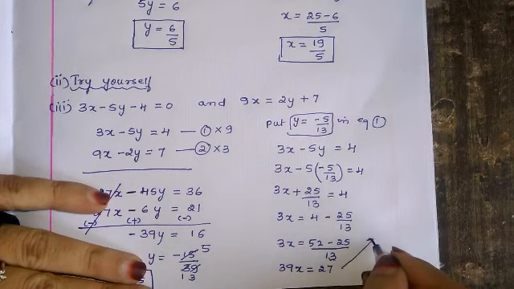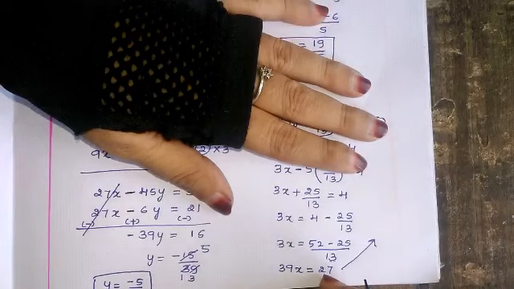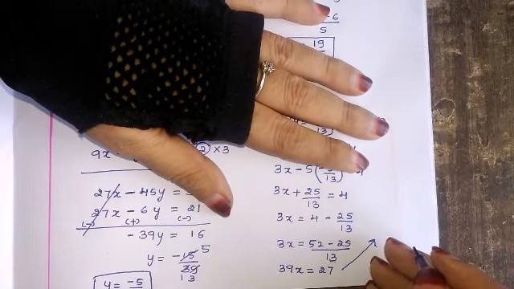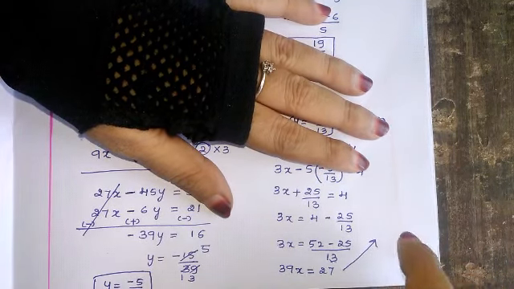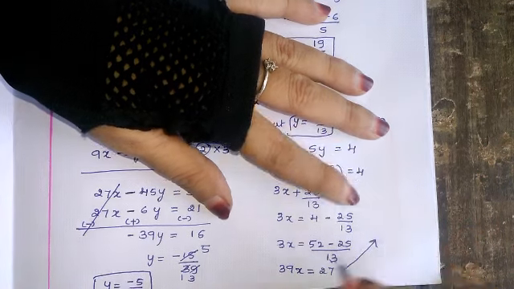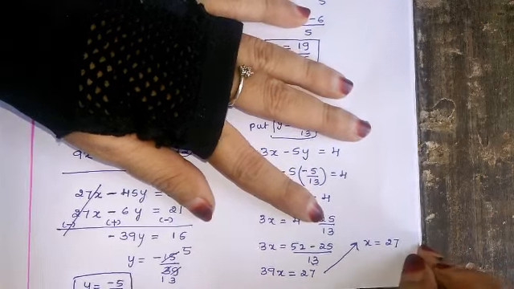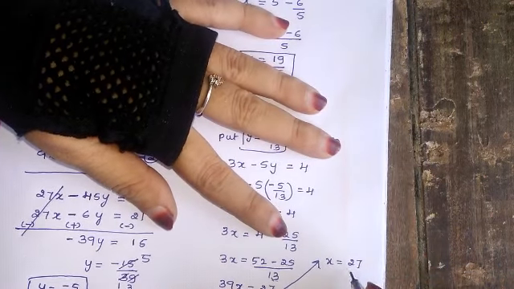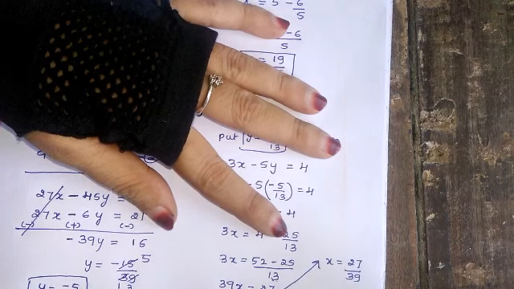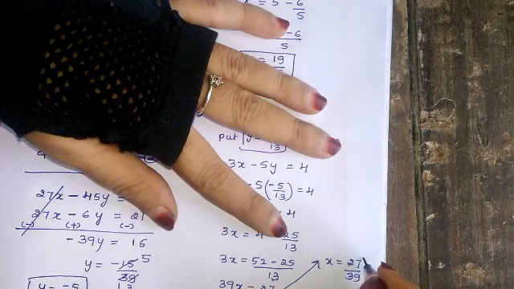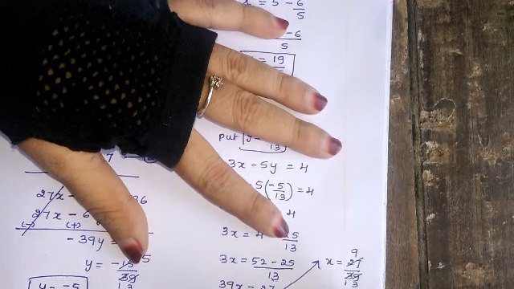So next here I am doing. I don't have space over here, so I will do it here. If I turn the page, you will get confused, so I am not turning the page and I am doing it here only. X is equal to 27 by 39. We know it will go in which table? 9 table, 3 table. 3 9s are 27, 3 1s are 3, 3 3s are 9. So we got x value is 9 by 13.